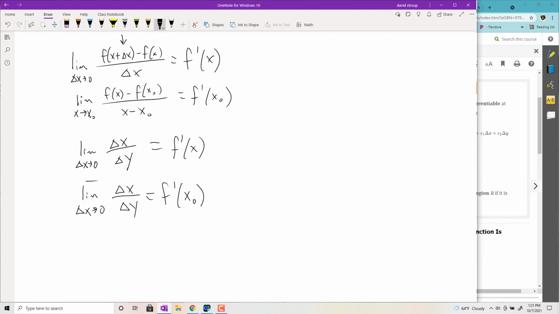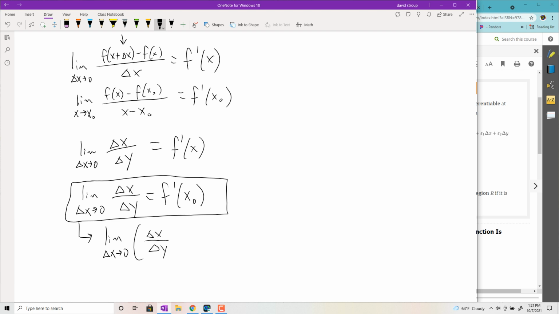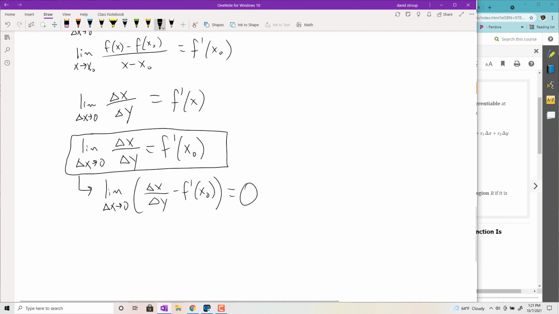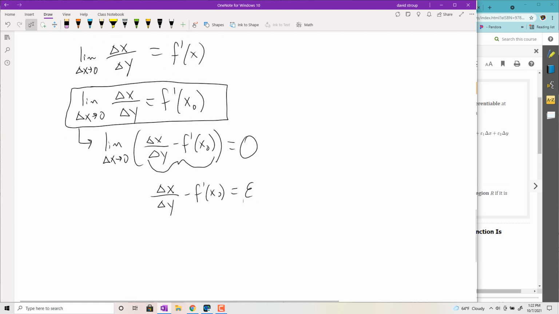What I'm going to do is take this one here and play around with it a little bit. First I'm going to rewrite it by putting the f prime on the other side and including it in the limit. If that is equal to 0, then it's differentiable. There is a method to my madness, it's going somewhere. Take this thing and set it equal to epsilon, and then play around with it to solve it for